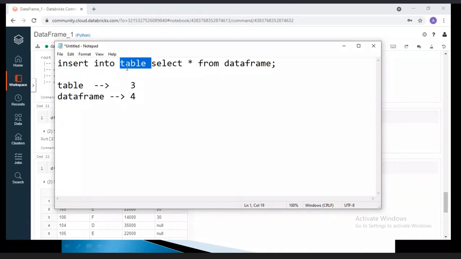But your process will fail, right? If you want to avoid that, we should always use the named column list. Then you can ignore this fourth column in your insertion. If you're not using a named column list, then definitely your process will fail.